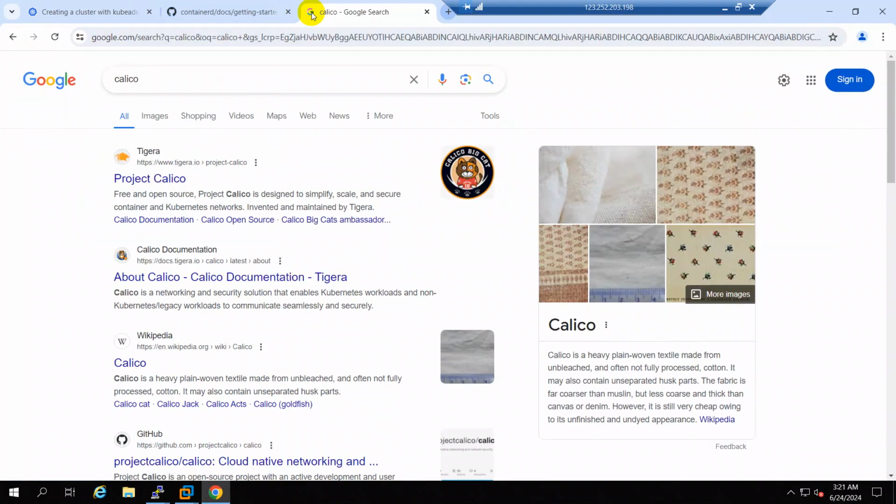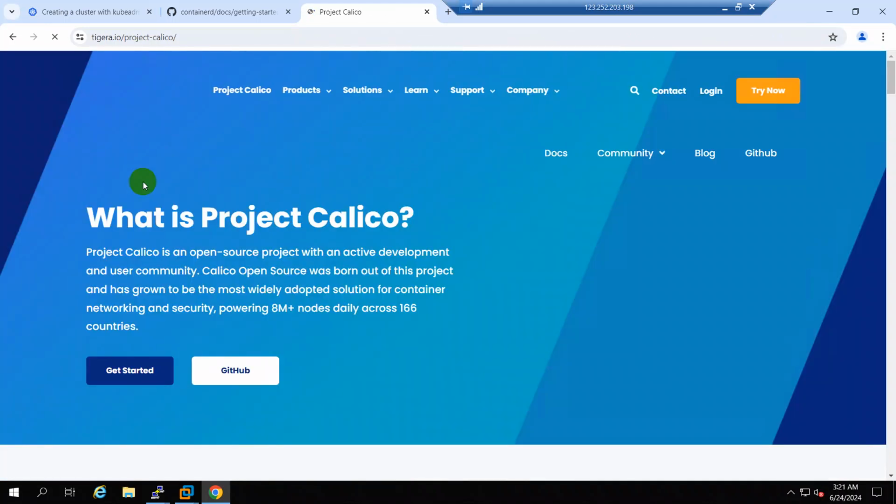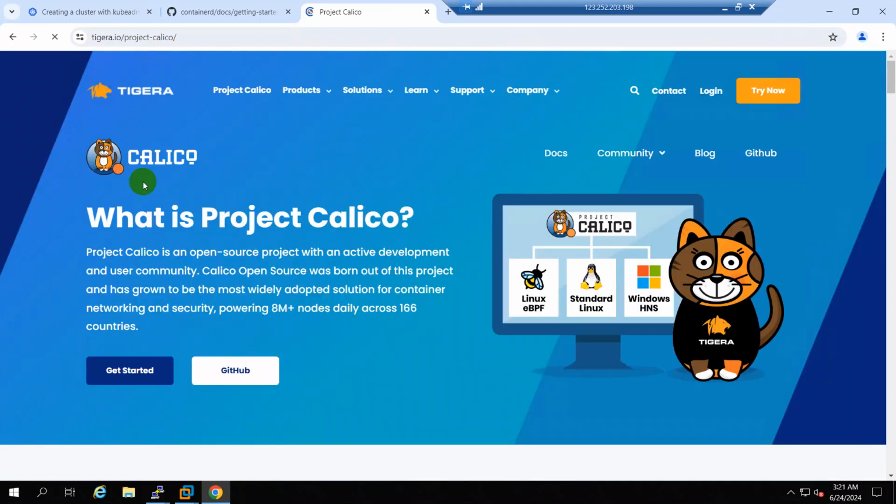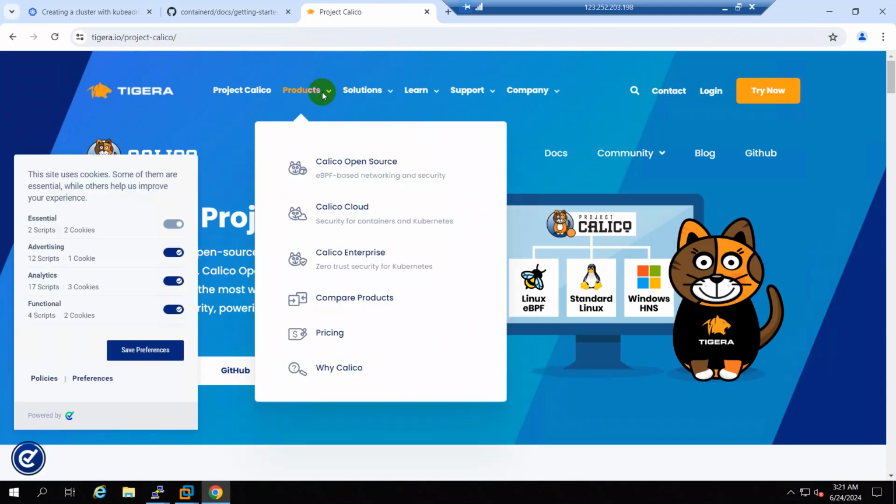Calico is a third party networking plugin. As you know, Kubernetes natively doesn't have any networking drivers developed by itself. So they are dependent on third party networking drivers, and project Calico is quite an interesting networking driver which we have. Correct. So if I go to the product over here,